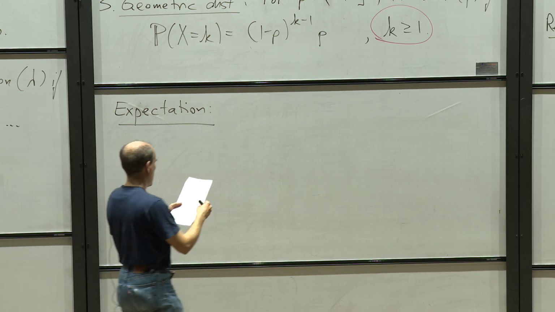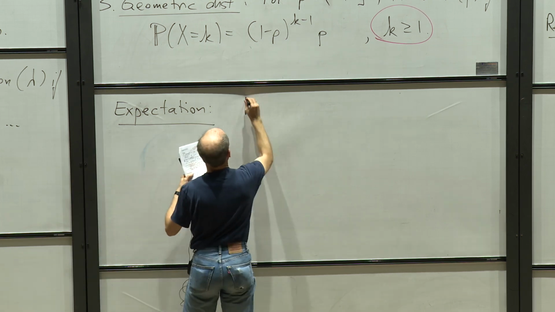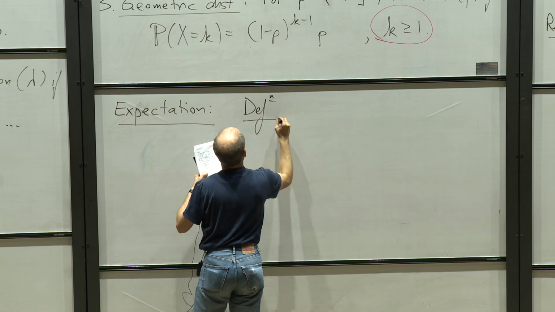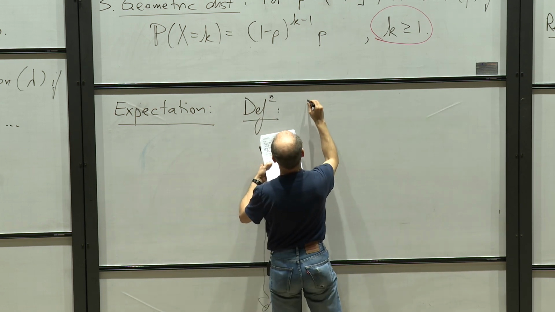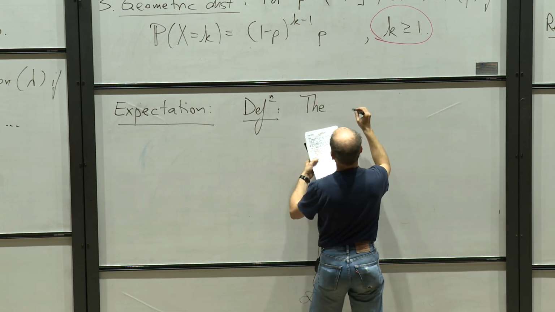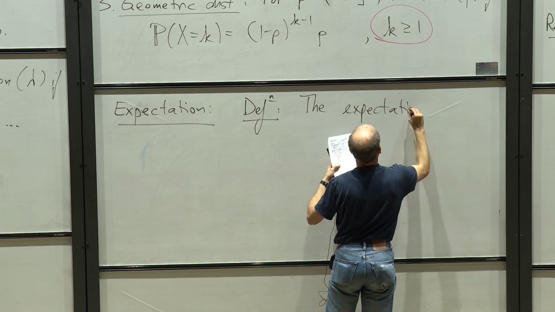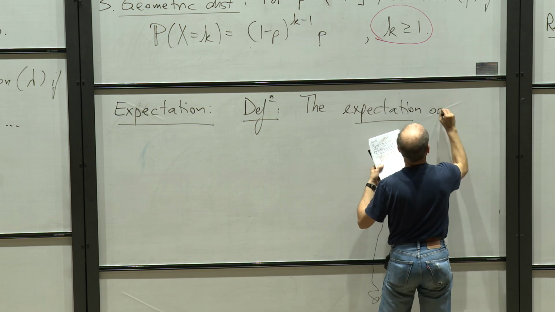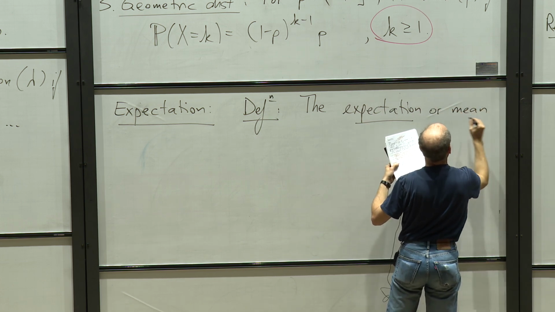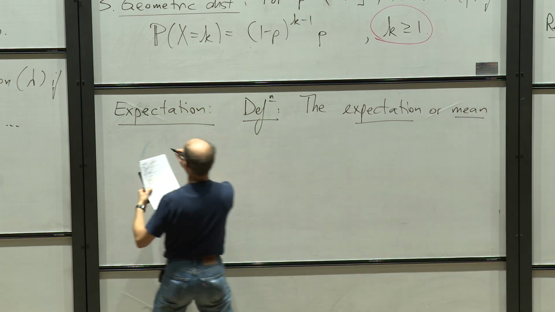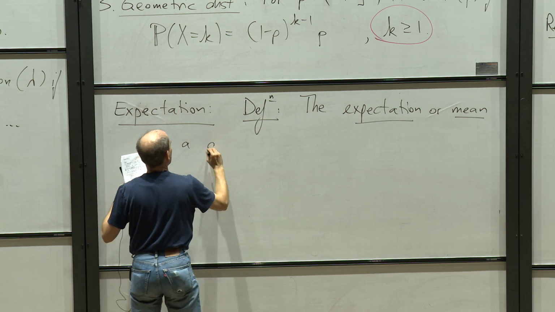So here, let's just go straight in with the definition. Whenever I have a random variable, I can consider defining the expectation, also referred to as mean, of the random variable, and let's be precise, of a discrete